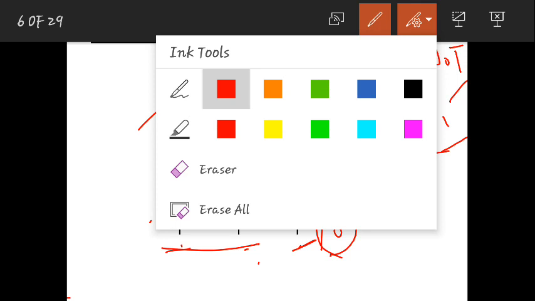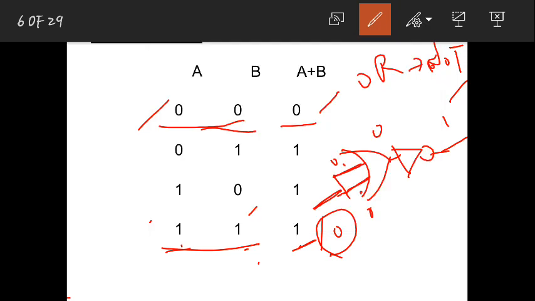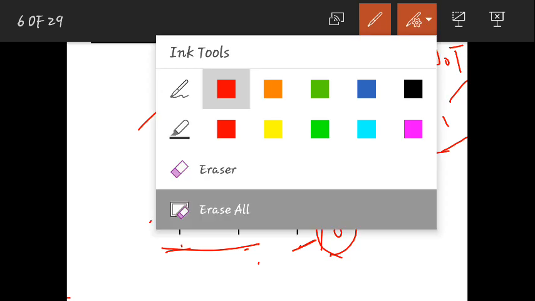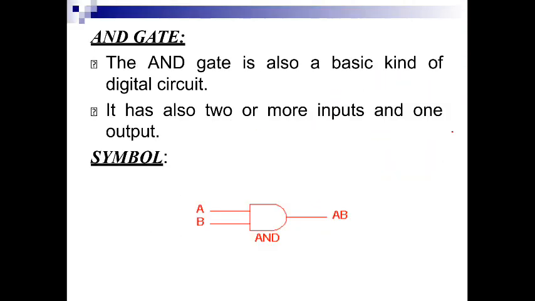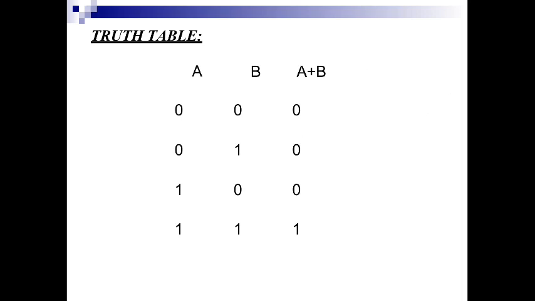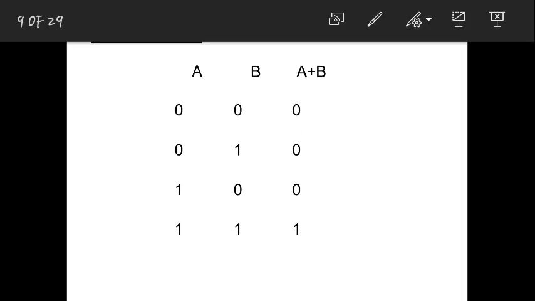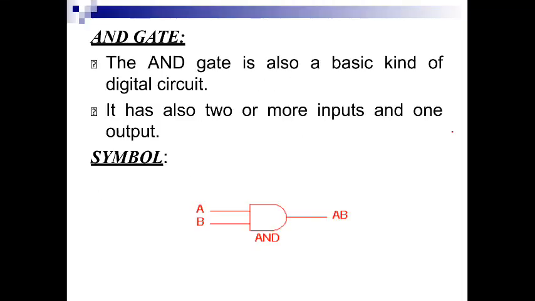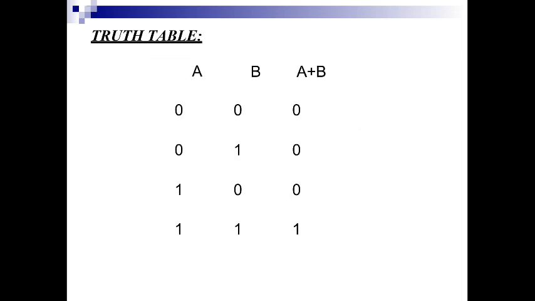I am just trying to show you how to use this gate. If you want to use this gate as a NOT gate, you can use it this way, because a NOT gate shouldn't have both terminals. The same way you can also apply it for the NAND gate. Just short both terminals and apply according to the logic. Just look at this truth table. When you give 0 and 0, you get 0. When you give 1 and 1, you get 1. By applying that, you can produce the gate.